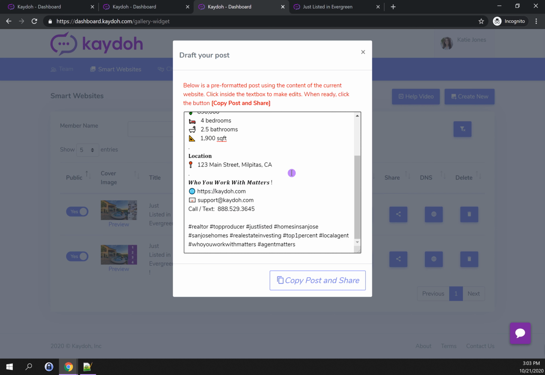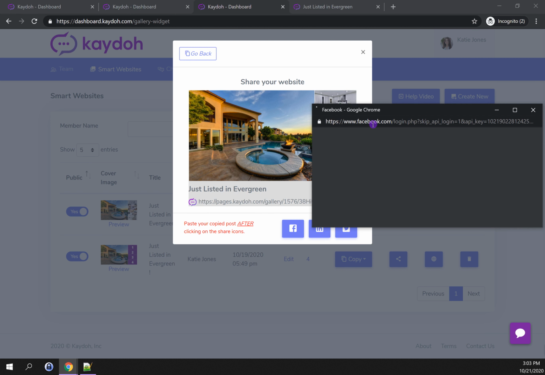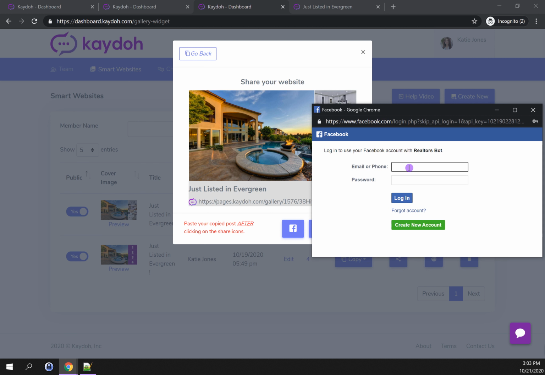A quick note here: when you're sharing and you choose one of these platforms, just remember that you want to paste the content. Let me just do a quick example here. I'm selecting Facebook to share this website that we made. So once we log in